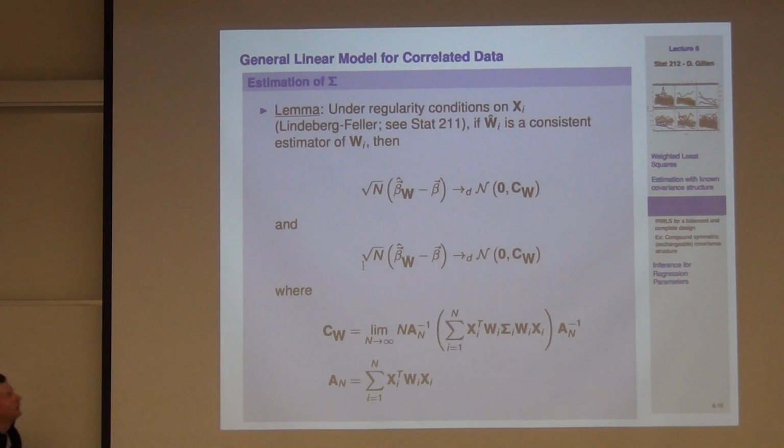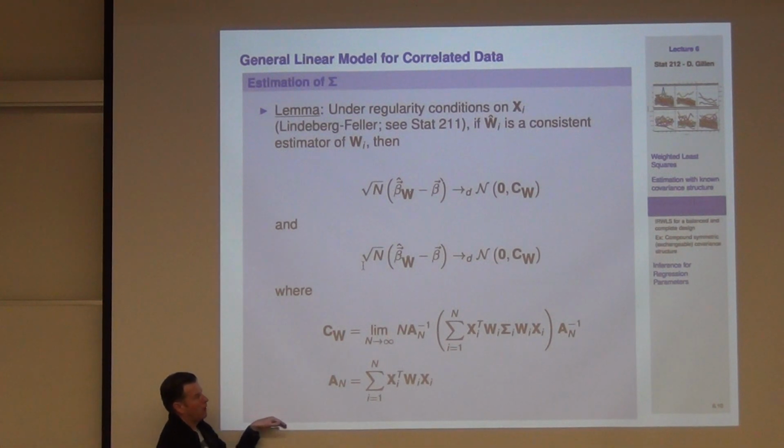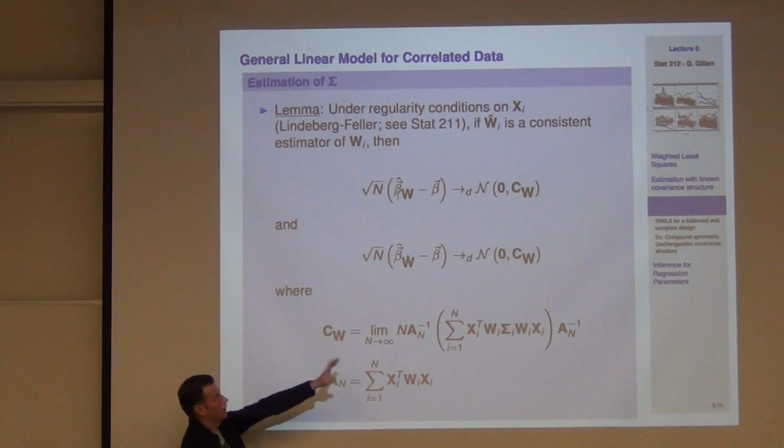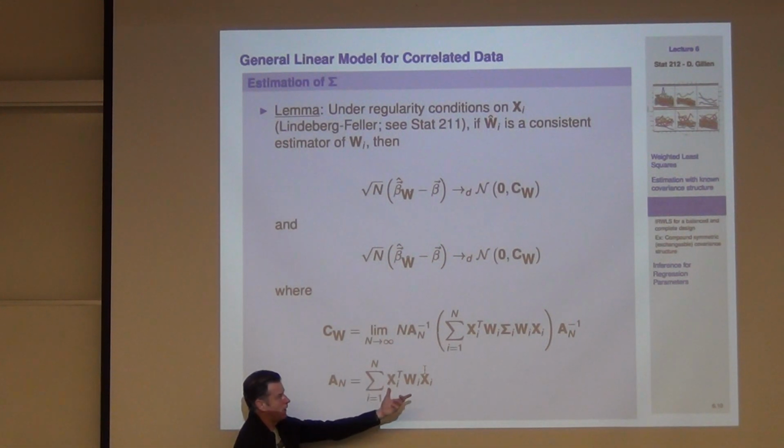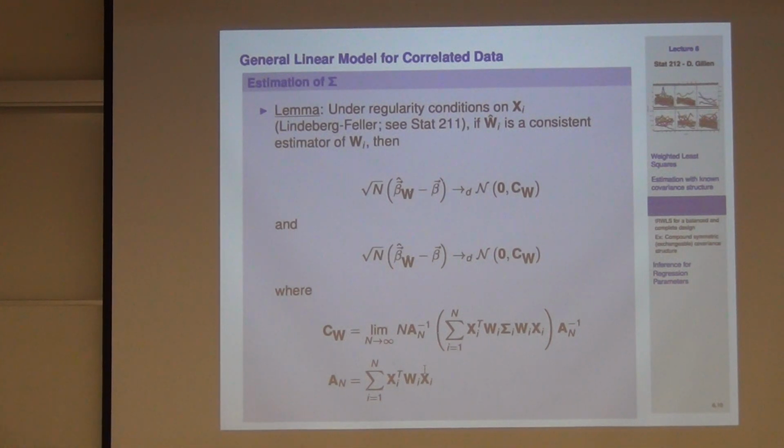So first of all, what are the asymptotic properties of these guys? Once I have a general weighting, the asymptotic properties are that my weighted ordinary least squares estimator is going to go off to a normal distribution. It's going to have mean 0 when I've centered it at the true value beta. We talked about this. But it's going to have variance covariance, this is what we just talked about, it's going to be the limit of this sandwich sitting down here. That's exactly what we just started deriving. And I have it written up there, so I won't ask you guys, but if you wanted to prove this, it is the exact analogous proof to what we did for Lindeberg-Feller back in 211. But it's now the multivariate response version of that guy.